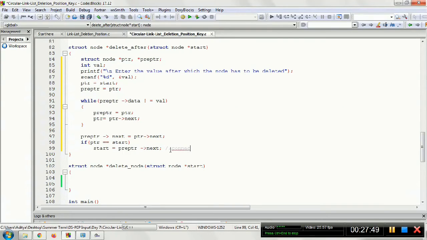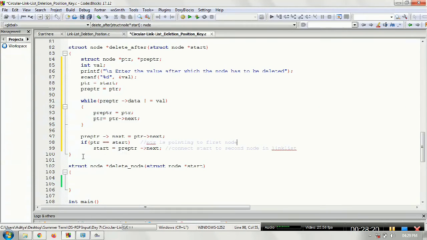Connect the start to the second node in the linked list. This condition is basically for when PTR is pointing to the first node.